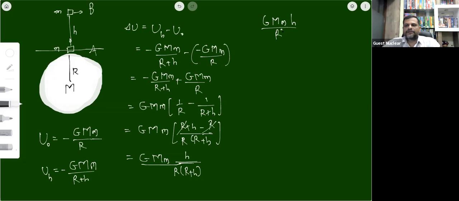Okay, capital R square, and that is to be divided by this again, r into r plus h, which is to be divided by r square again. So we have divided numerator and denominator by r square here. So here this r gets cancelled once, and one r will be left as it is, which will be distributed to both of the terms in the denominator, and this GM upon r square will be kept as it is in one bracket, so that we can get this in the next step as m into bracket, में आएगा capital GM upon r square, and that is multiplied with h, and that is to be divided by,